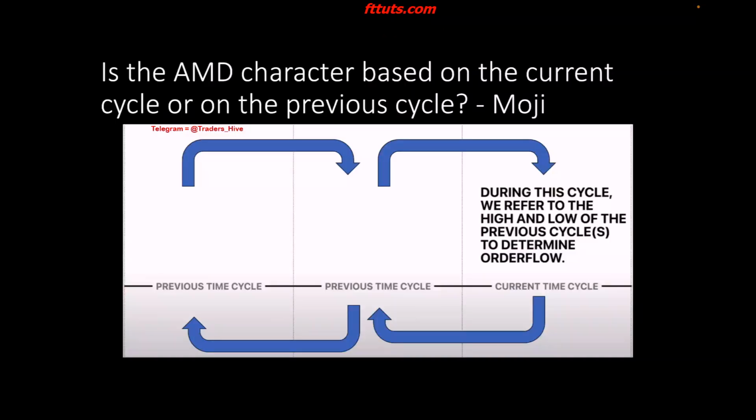However, this is very important to note right here. Simply because you have an ideal in your mind of how the market should deliver in terms of AMD, it doesn't mean that every single day at exactly 10 a.m. a distribution window begins, in which we're going to see one-sided delivery. Why not? Think about it logically speaking. Imagine if every single day at the exact same times the same stuff would happen. It would be too obvious, right? After a while, every single market participant would have realized that, oh, consistently at this time, this and this is occurring.